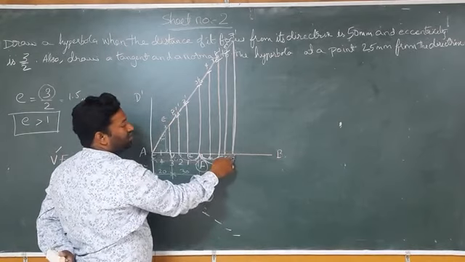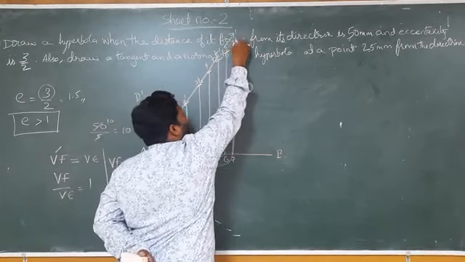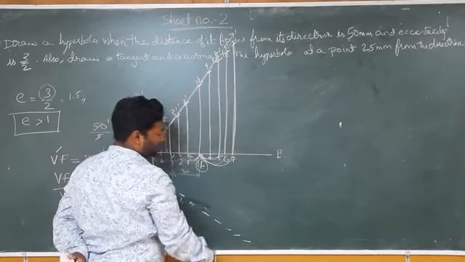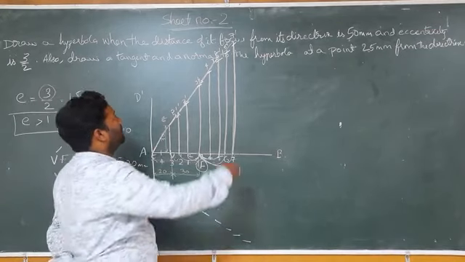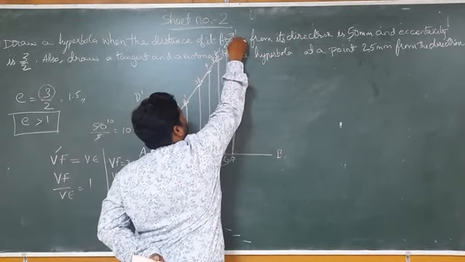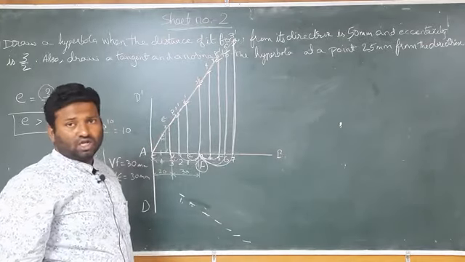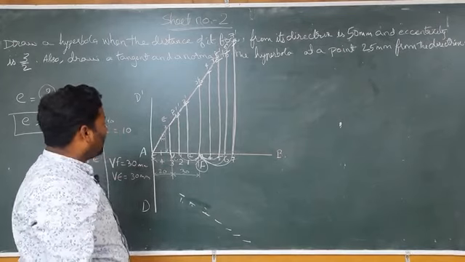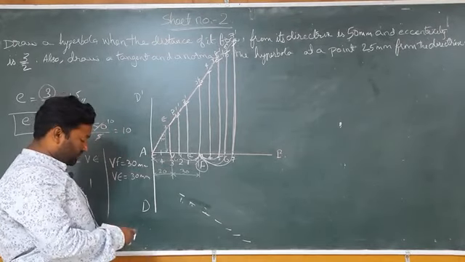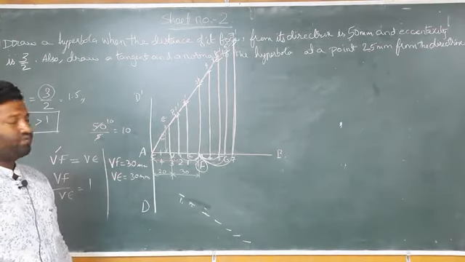shift the center from 7 to the focus, and I will cut the arc on this perpendicular line only which is at 7. So like this, I got all the points on the arcs, by cutting the arcs on that perpendicular line with the principal axis. So now, after that, I have to draw the hyperbola freehand.